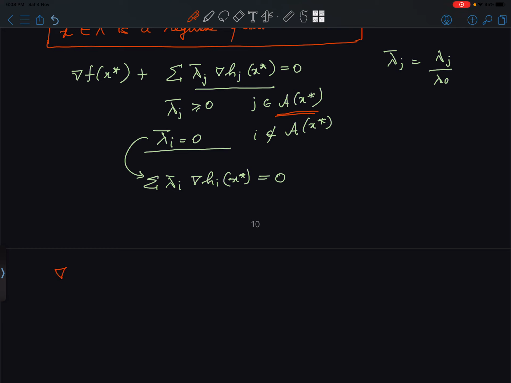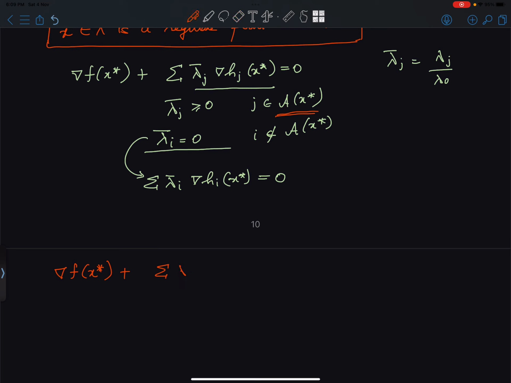So I can actually write this as gradient f(x star) plus summation of lambda